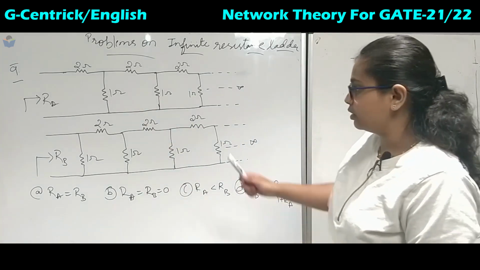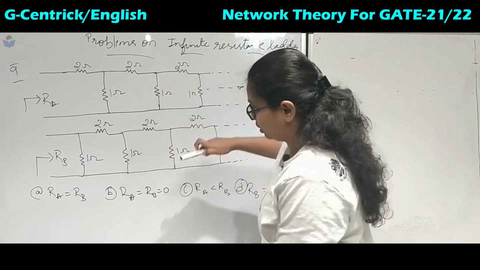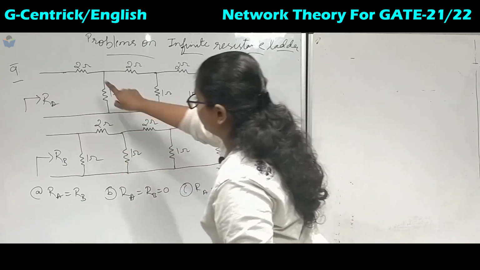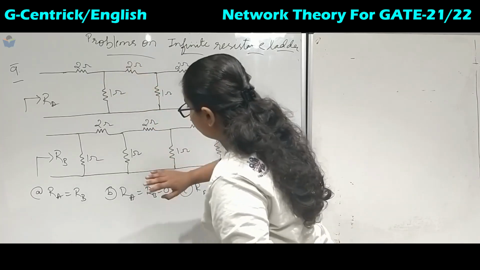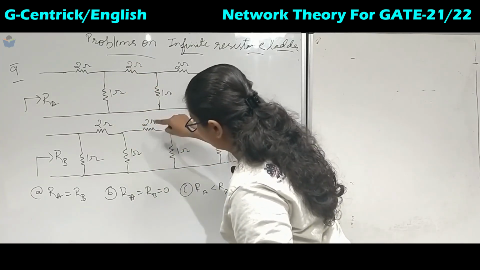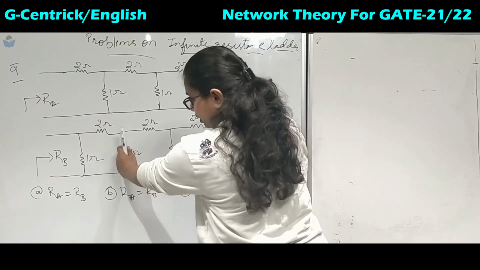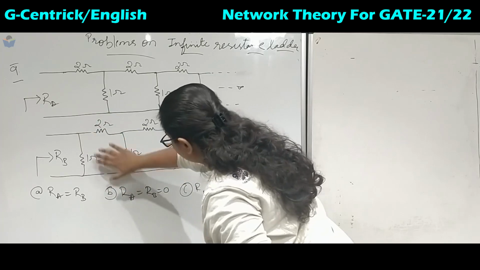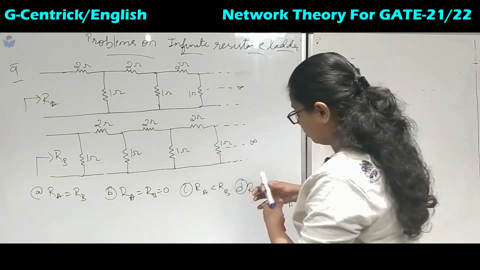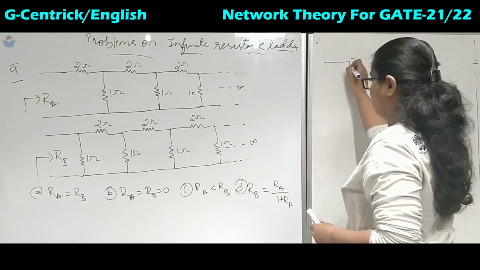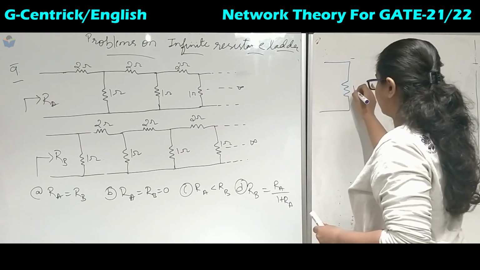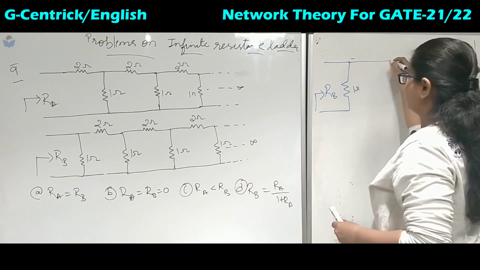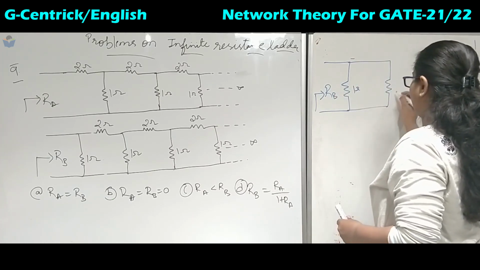Instead of that, if you observe this carefully, in both of the circuits, RA and RB, it is 2 ohm, 1 ohm, 2 ohm, 1 ohm. Here also it is 2 ohm, 1 ohm, 2 ohm, 1 ohm. So this circuit can be replaced with RA. I can redraw this whole part as RA. If I redraw the circuit, what will I get? This is 1 ohm as it is, and here it is RB, and this whole circuit is replaced with RA.